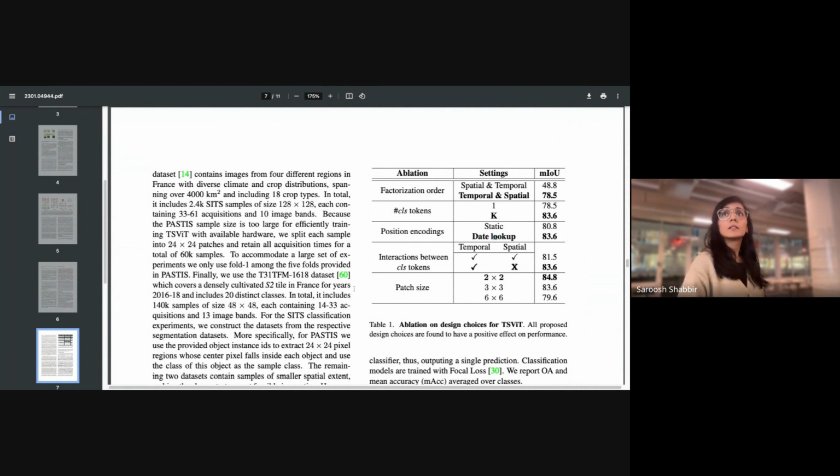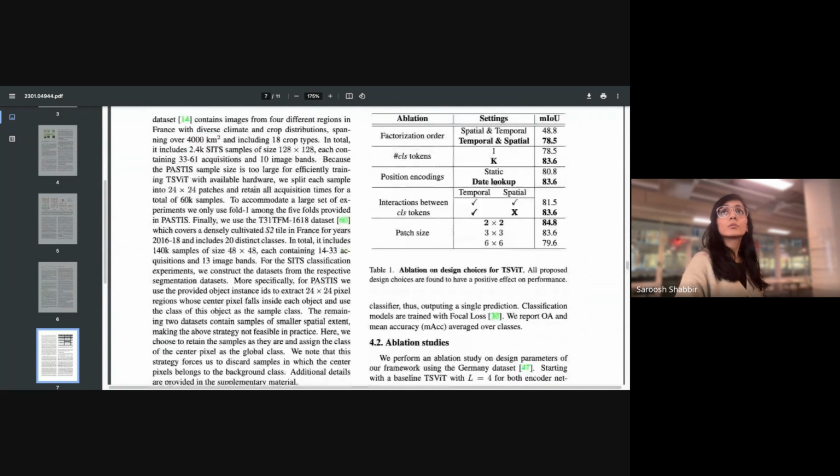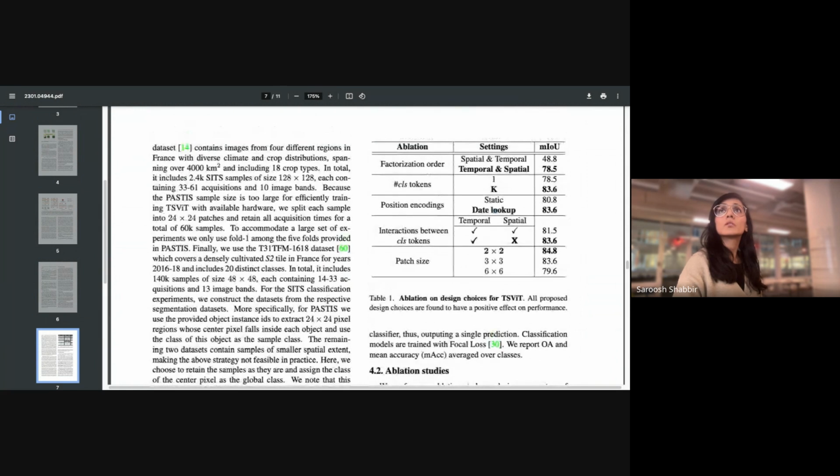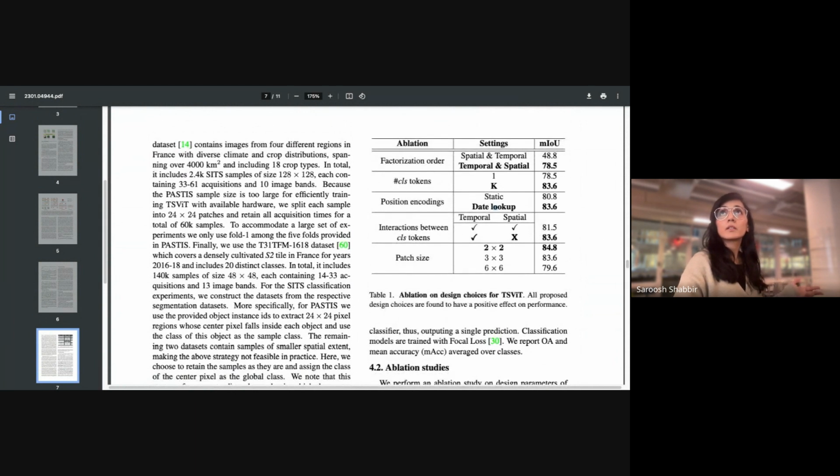So to understand what kind of data they have, it's fairly low resolution. Let's see, PASTIS is mentioned here. Where is the resolution? So this is 128 by 128, but the one for Germany is much smaller. So this is the highest resolution they have, which is pretty low also. And the difference is there are many more bands than just regular RGB images. So that's the difference with the satellite image data.